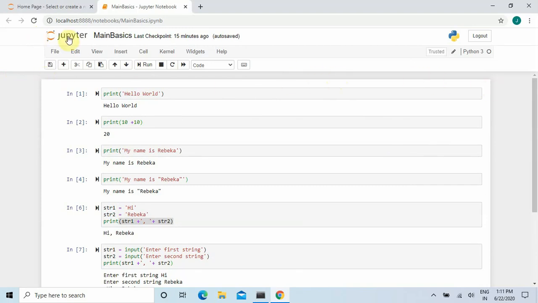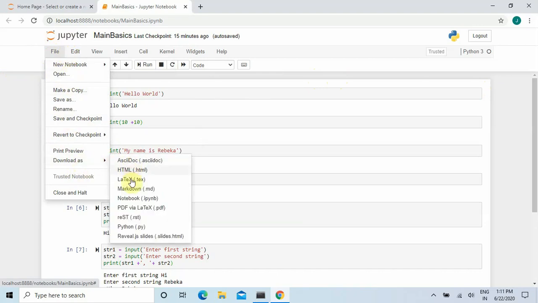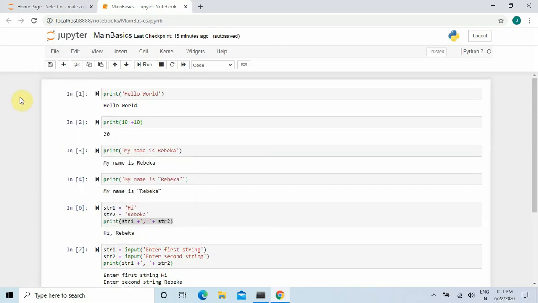So this is not a .py file, but if you want to change it to a .py file, then you can click file and save it or download it as, yes, here it is .py. You can download it as a .py file or a .txt file or PDF on a notebook if you want to. So this Jupyter Notebook saves a file in a different format.